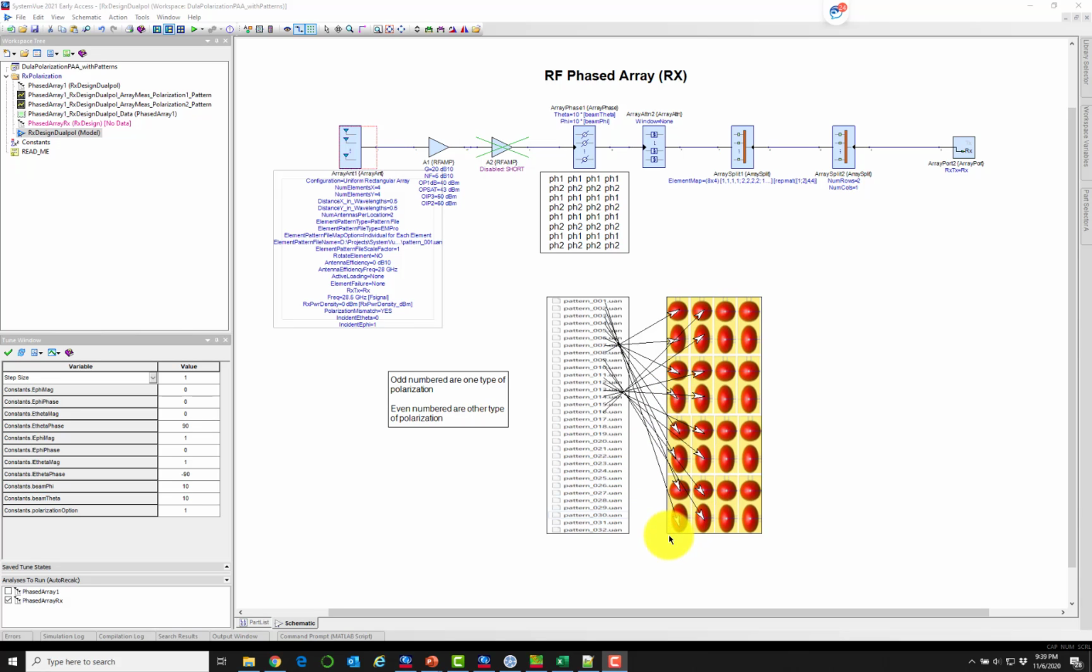The convention in SystemVue is that the bottom left corner element is the first element. So the file number 1 will go to the bottom left corner element. So it is imperative that in the simulation where these element patterns were simulated in the electromagnetic tool, the geometry is such that the bottom left corner is the beginning element, and the file number 1 is the antenna pattern